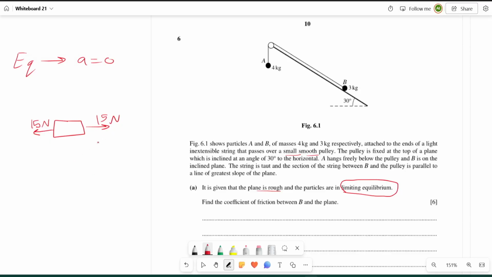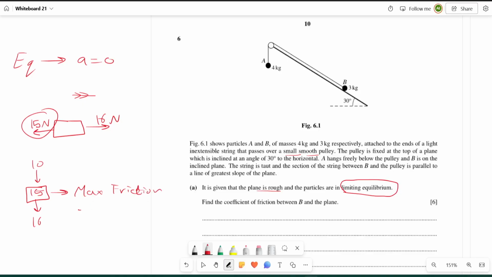Now, what if you increased a little bit more? You increased to, let's say, 16, and the box started to move, okay? That means that friction has to be less than 16 because we started to move, right? So friction increased from 10 to 15, okay, but couldn't increase to 16. Why? Because 15 newtons is, let's say, the maximum friction. Friction cannot increase infinitely. It has a maximum